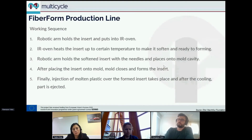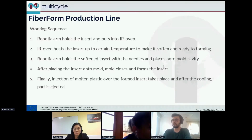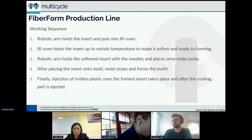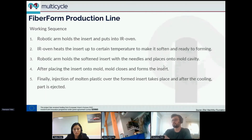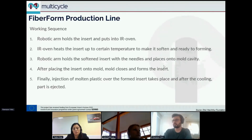Here is our fiber form line's working procedure. The line is propelled by a fully integrated robotic system. It's in full automation. First, the robotic arm holds the insert and puts it in the IR oven to heat. Second, the IR oven heats our inserts to a certain temperature to soften them and make them ready for forming. After that, the robotic arm takes the insert from the IR oven and hangs the insert into the mold